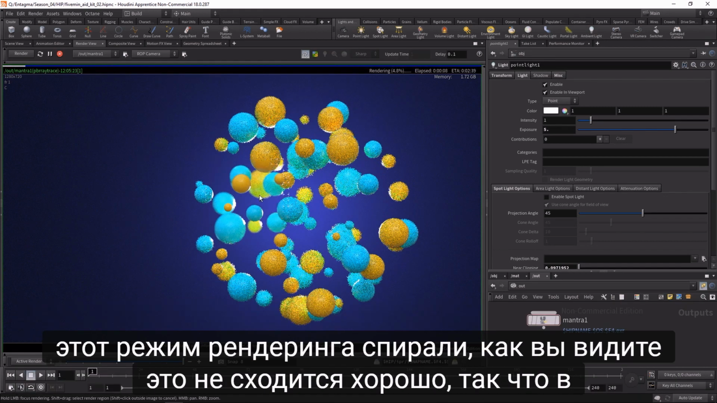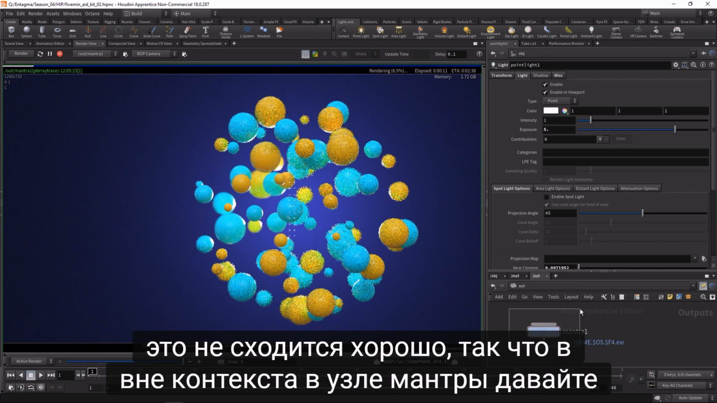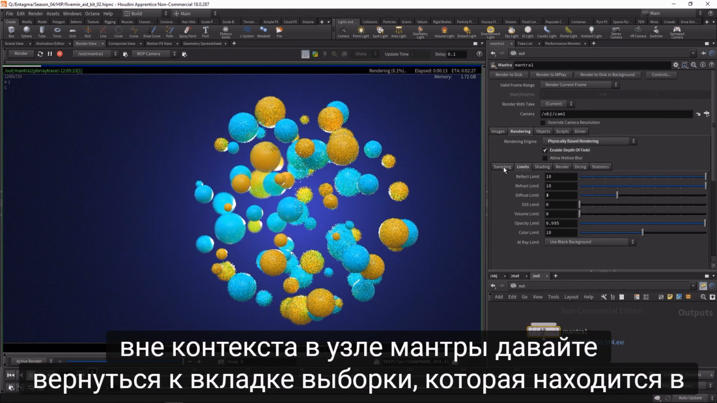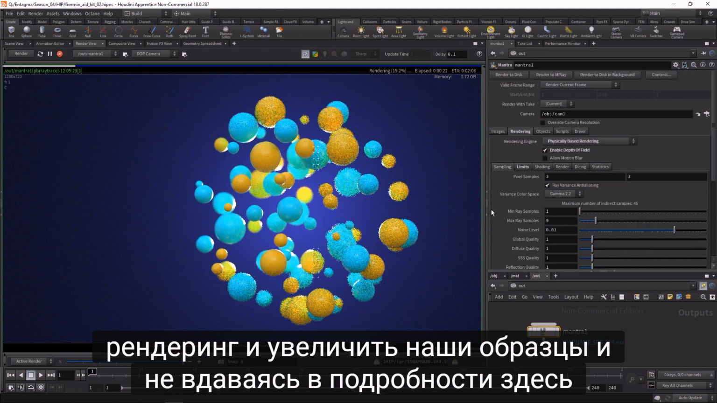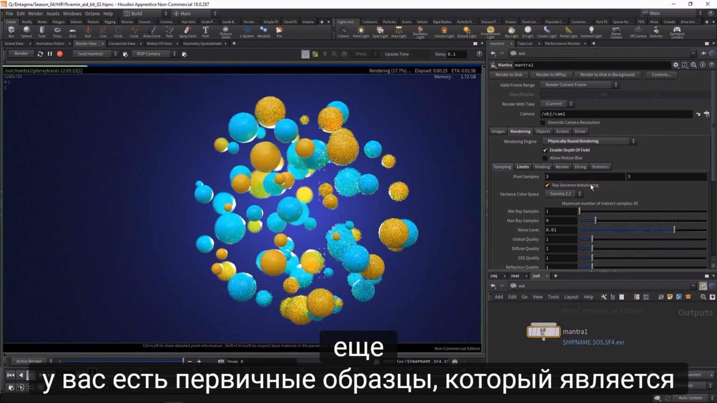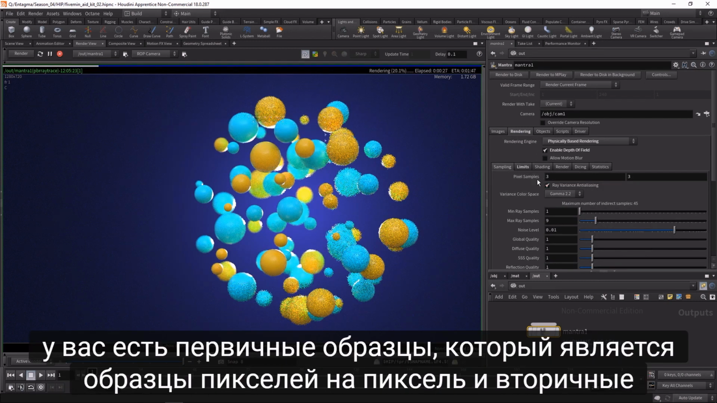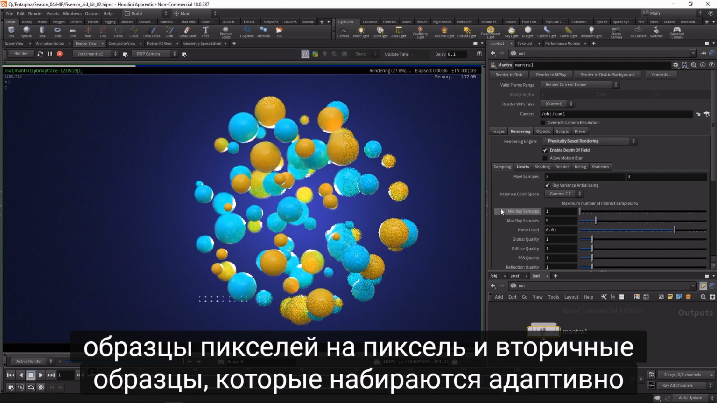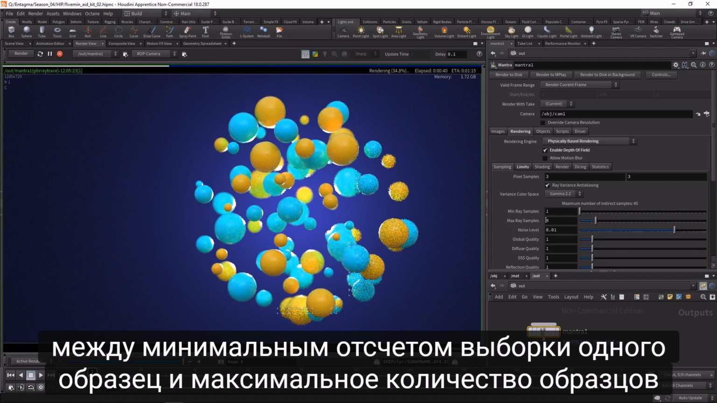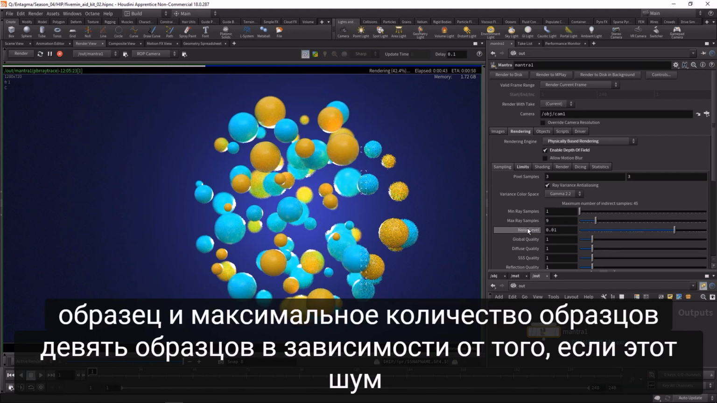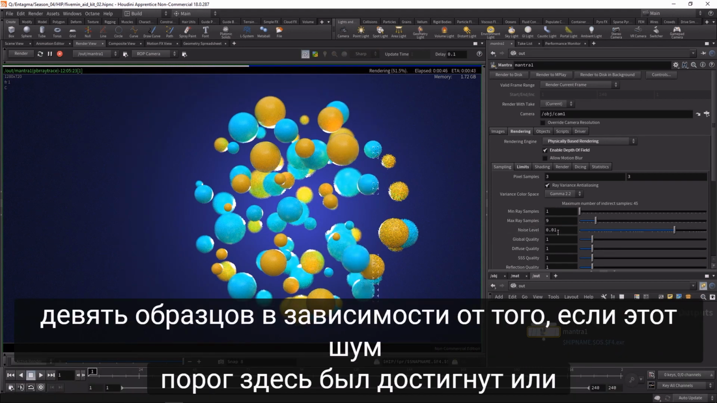As you see, this does not converge well. So in the out context, in the Mantra node, let's go back to the sampling tab, which is under rendering, and increase our samples. And without going into too much detail here yet, you've got primary samples, which is the pixel samples per pixel, and secondary samples, which are dialed in adaptively between the minimum sample count of 1 sample and the maximum sample count of 9 samples,